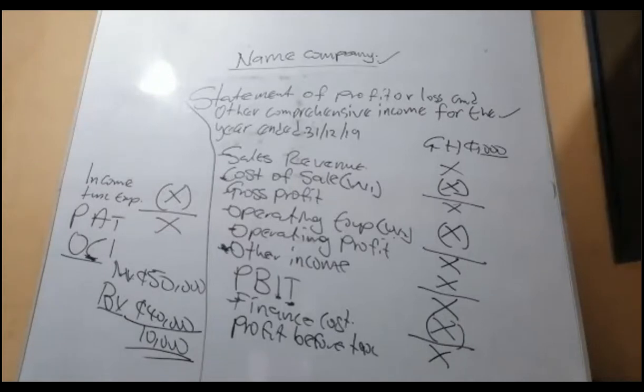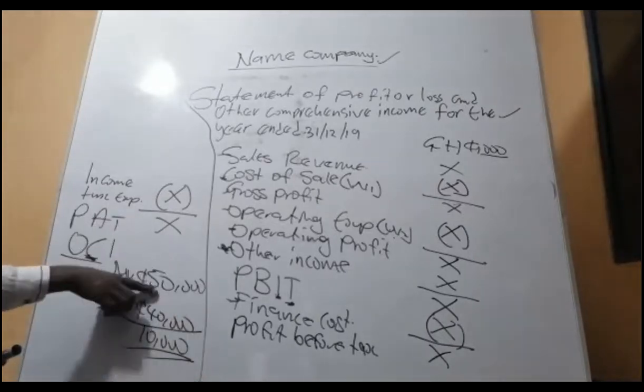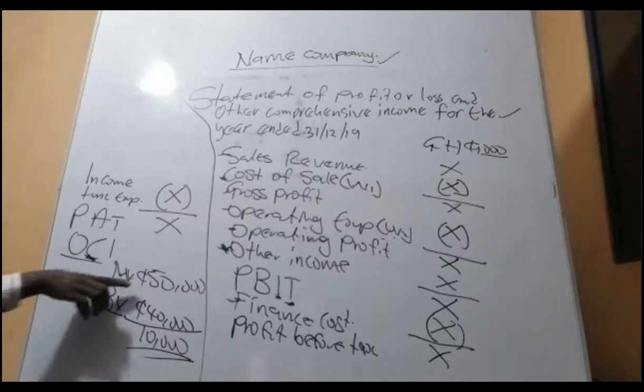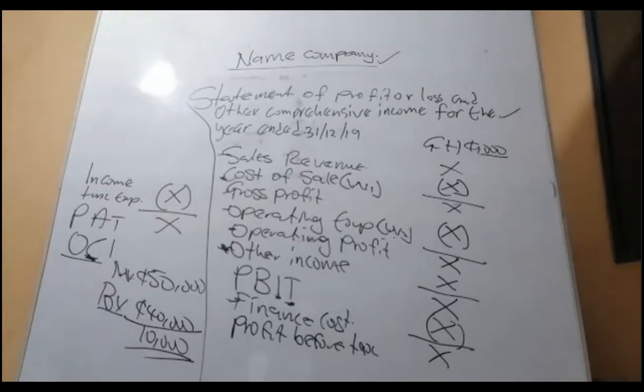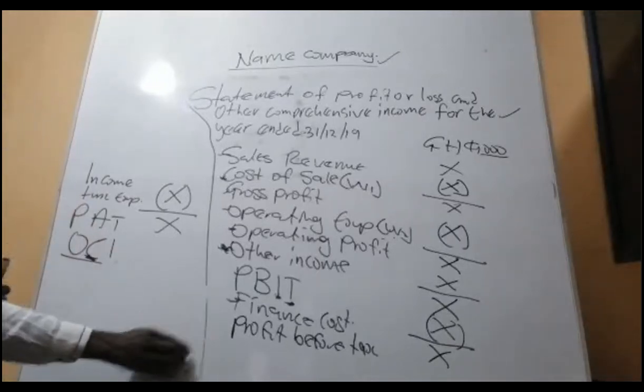Because if you go and tell the owner of the company that you've made a gain on this, he will laugh at you. Your asset has a value of 40, but on the market you are going for 50. Oh, then you are gaining, because if you sold it today, you would sell at 50,000. But the truth is, have you made a sale? No. So it's not a gain until we pass it on how we get it.